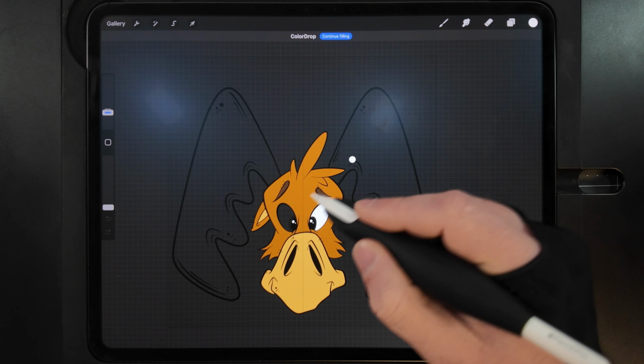Back out so you can see what we've got. Looking good. I am going to go ahead and do the drawing assist here, layer 4, on the ears. I will have to do some erasing here though, because it did go over that line. Since we drew these separately, they didn't exactly match up, so we just have to pull that back out. All right, now that we've got that done, pull them back down here so you can see. On that same drawing assist layer, we're going to go ahead and do the